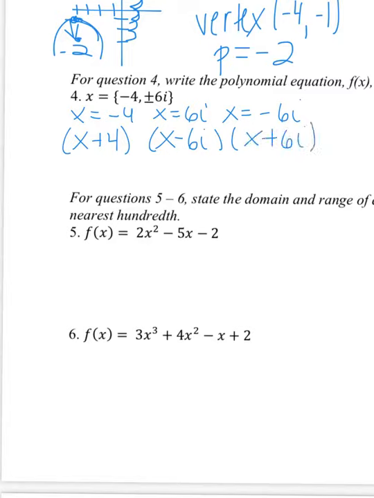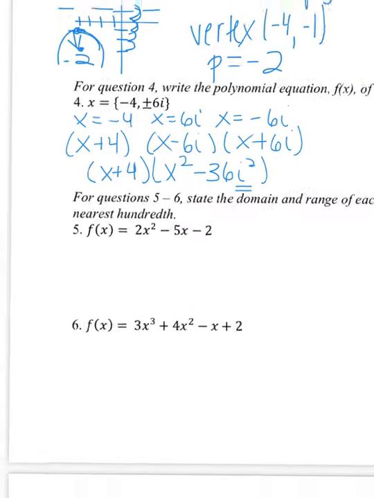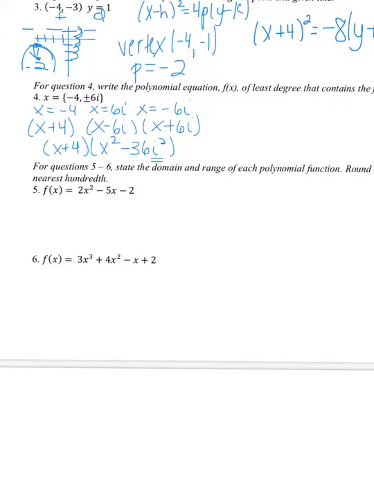Always multiply the conjugates together. That way the imaginary number goes away. So this is x plus 4 still. And over here, this is x squared plus 6ix minus 6ix will cancel out. And then you have minus 36i squared. If you remember, i squared is equal to -1. So negative 36i squared actually turns into